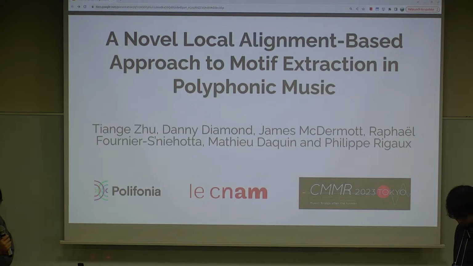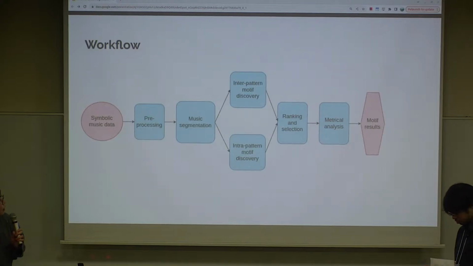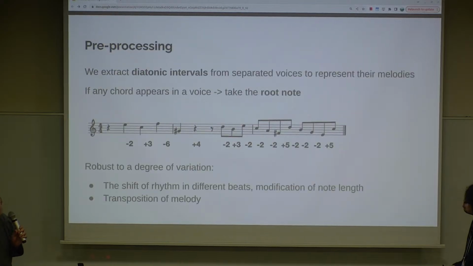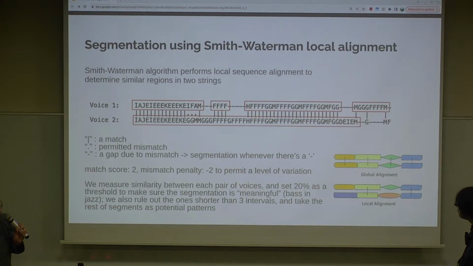Thank you for the interesting talk. So can you explain to us about the adjustable parameters in your method and how do you adjust them? Which parameters? Are there any adjustable parameters? Yes. So one thing is that you can try other things instead of diatonic intervals. If you try chromatic intervals, it will be more precise about the pattern. And here, you can adjust the match score and mismatch penalty to see how flexible you are with the patterns. And also,